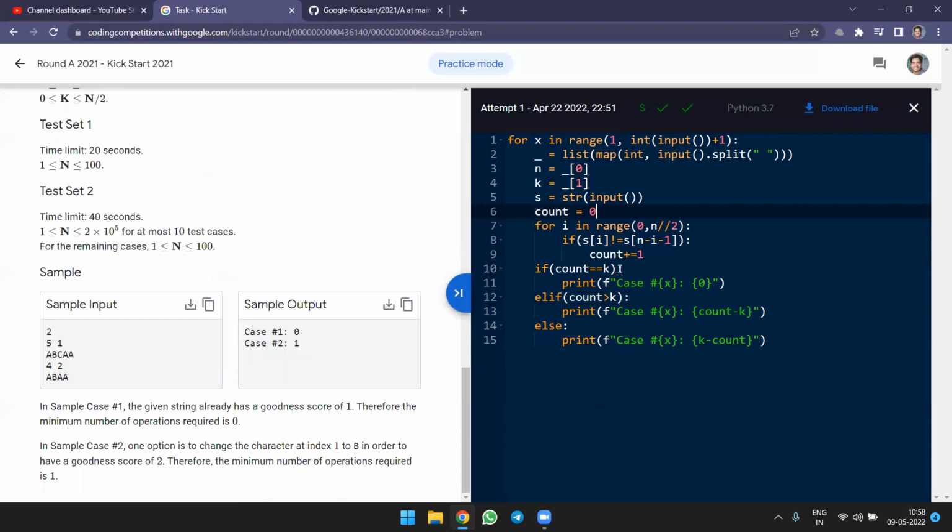If the count is equal to k, the given k, then we print 0 for that test case, because the count is matching the k which is already given. If the count is greater than k, we subtract, and the remaining number of count is the answer. Else if the count is less than k, we print k minus count, the remaining count. So if we run this,